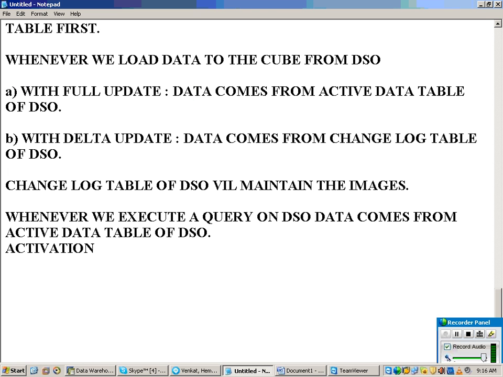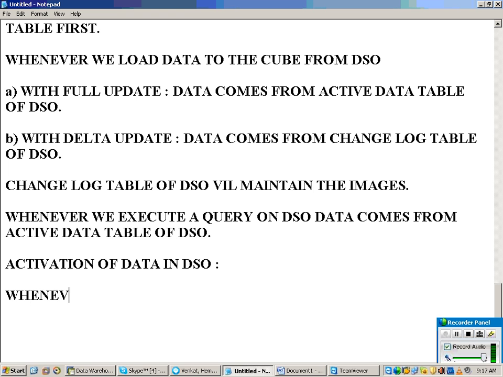activation of data in DSO. This is not activation of DSO, this is activation of data in DSO.